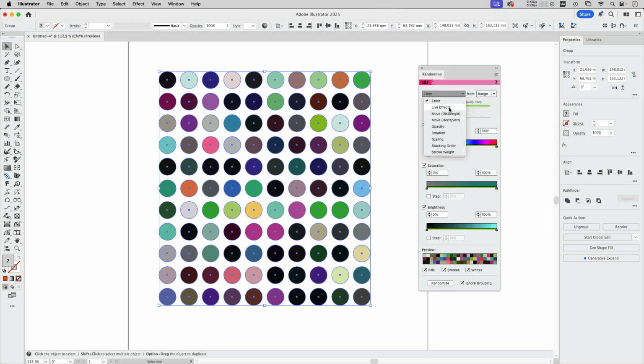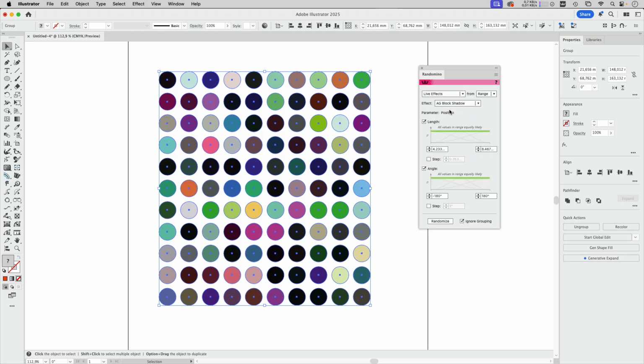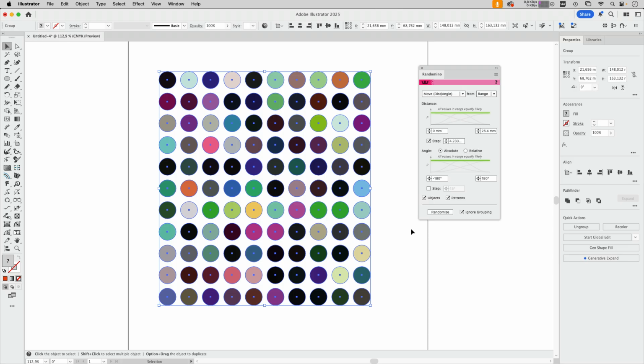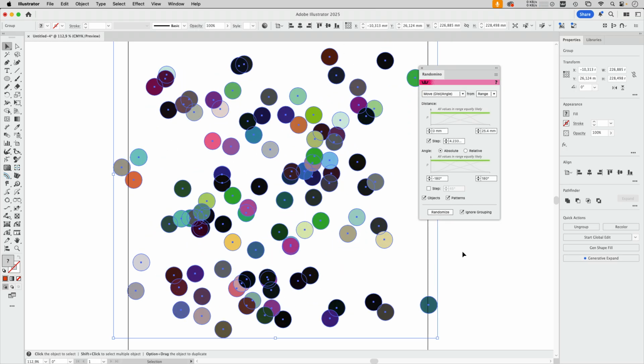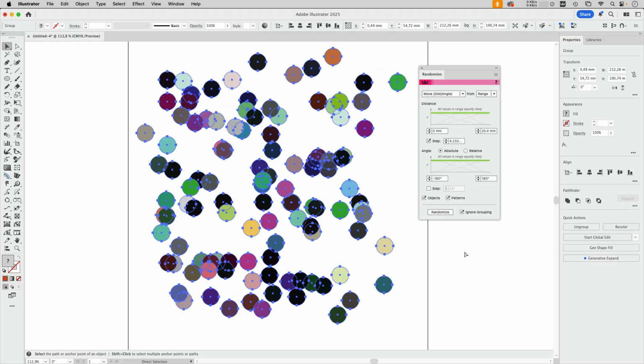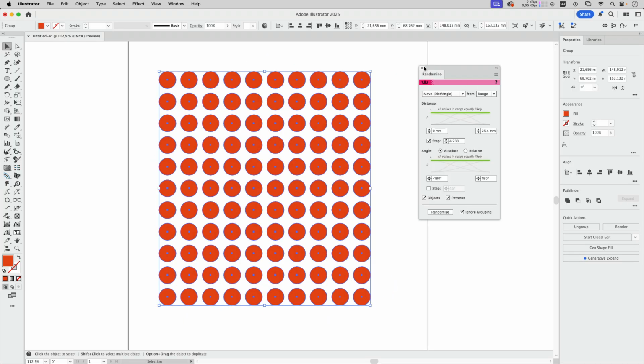Now, you can also randomize live effect setting, but for that, this would already need to have effects applied. So I'm going to go here, and you see these are the Astute Graphics effects, and those can be randomized. You can also move them, change opacity, rotation, scaling, and so on. And also the stacking order, which is interesting, but not here because they have gaps between them. Those are the things you can change here, and you can set up all the settings. And whenever you click on randomize, then you get a different result with that. Via the panel, it's applied permanently. So in order to get back, you need to undo it so that we can take a look at the